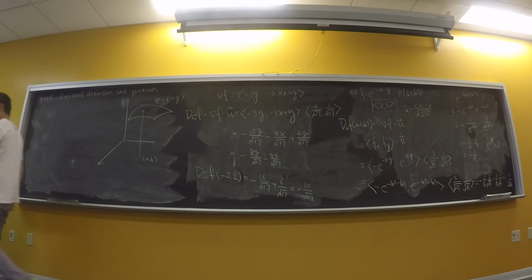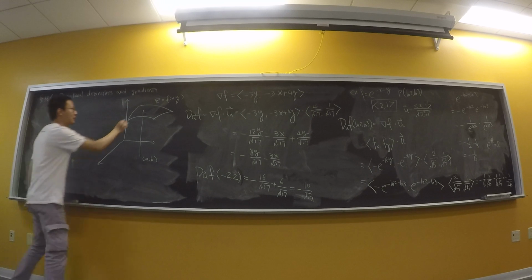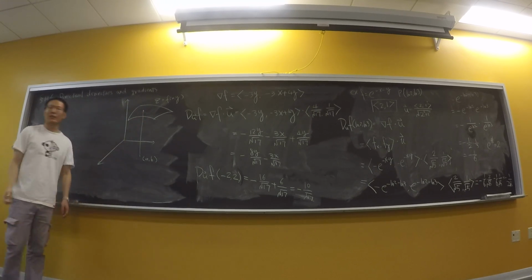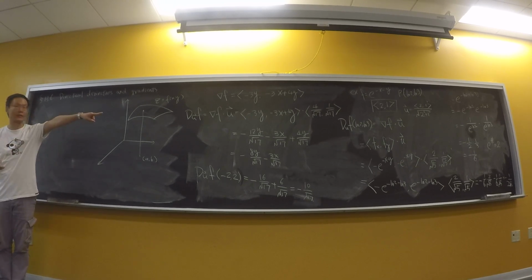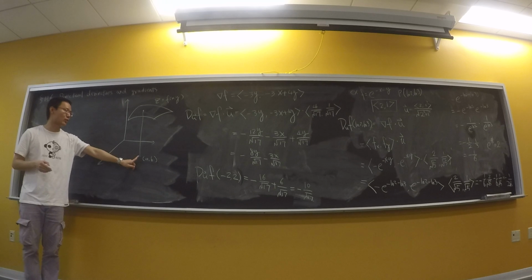Okay? So here's my question. If I'm sitting on my base point AB, I shoot up, I get this point on the surface. So if I change my base point AB in different directions, in every direction I will have a rate of change given by the directional derivative. So different directions will give me different